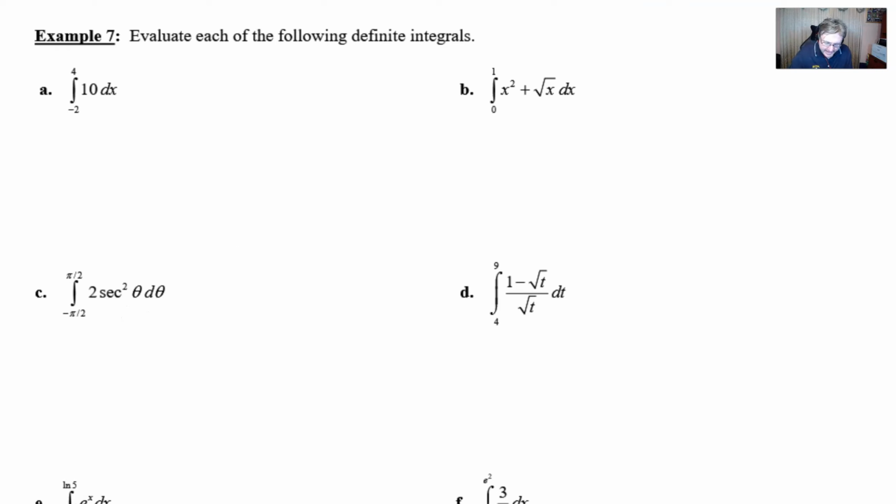First of all, in part A, the antiderivative of 10 with respect to x from -2 to 4, or the integration of 10 from -2 to 4. Well, hopefully you remember that when you integrate a constant, you just get that constant times the variable x that matches our independent variable denoted by that dx. Now, instead of putting a plus c here, and nope, you don't worry about plus c's anymore, we'll explain why in a moment,